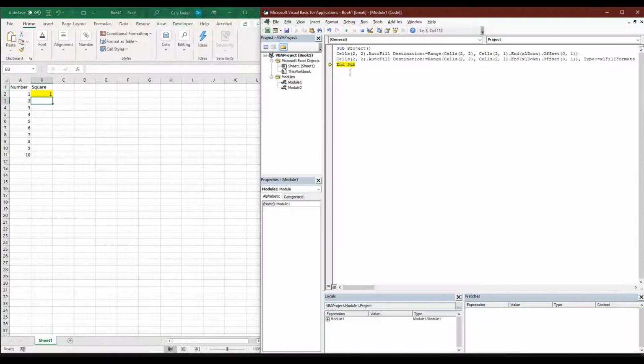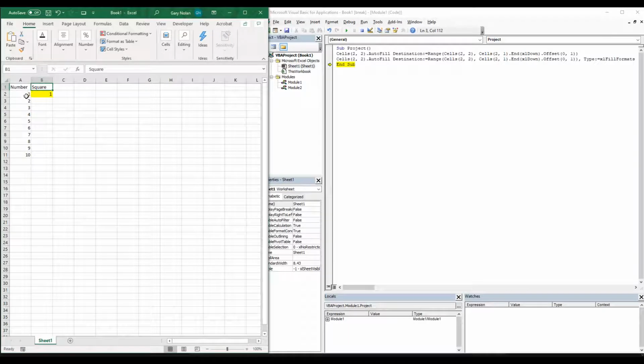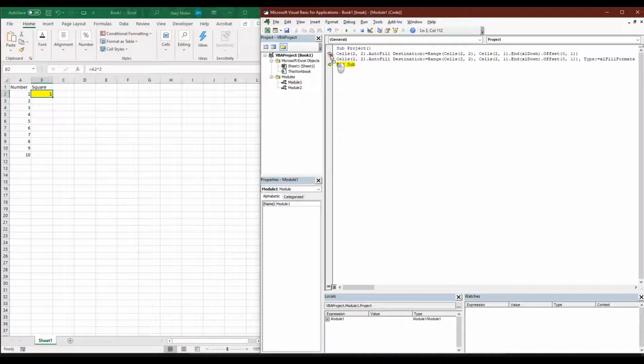So in this, I've got a number and then a square column. The number is just 1 through 10, and the formula is A2 to the second power. So if we go to the first line, this is just the straight autofill. So what we're doing is cells 2, 2, so that's 2 down, 2 across, dot autofill,